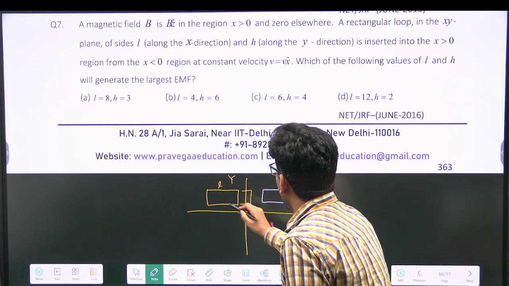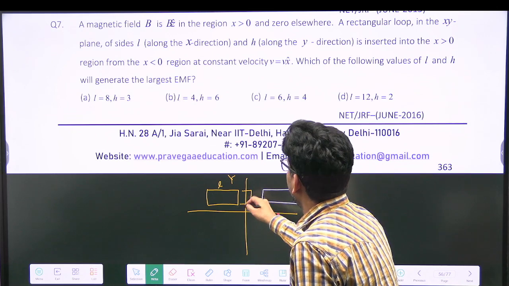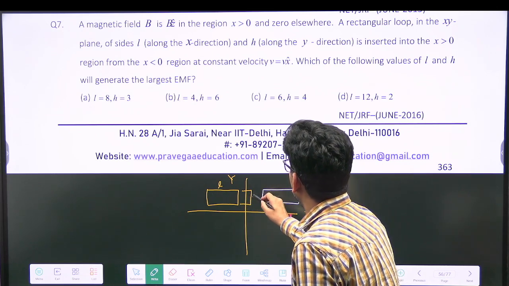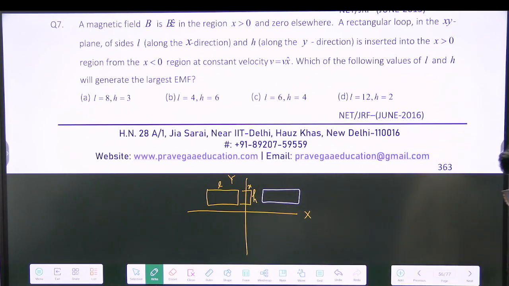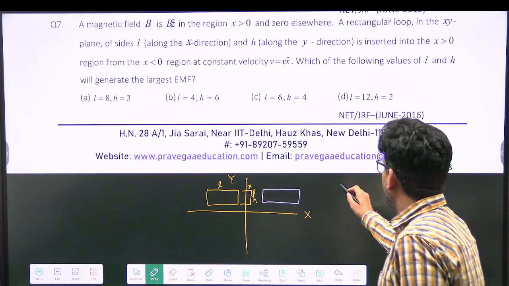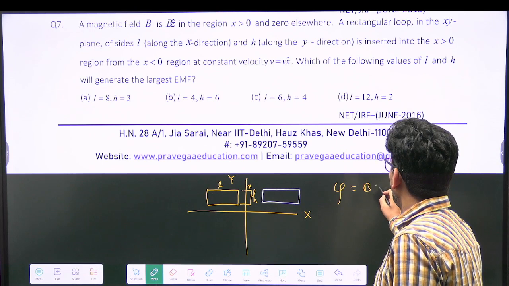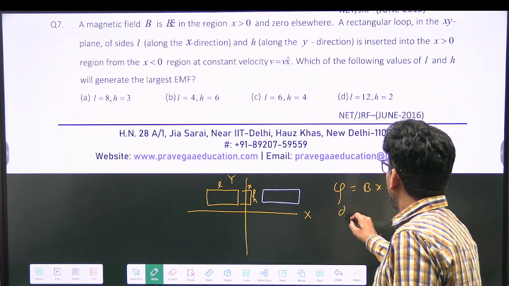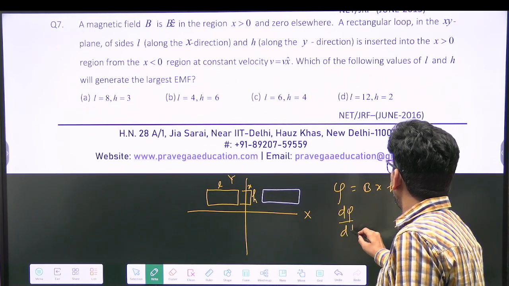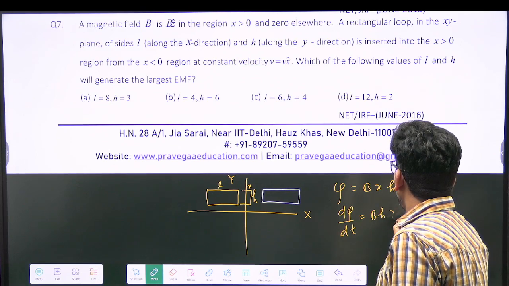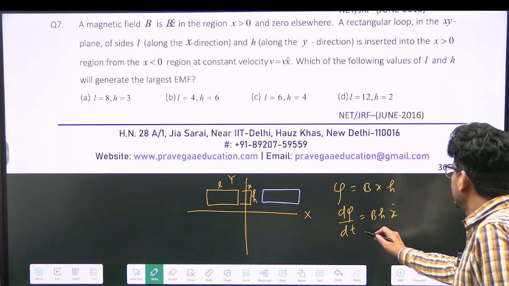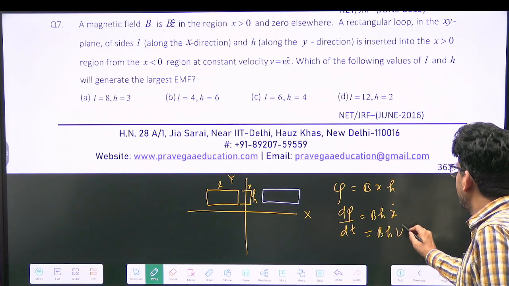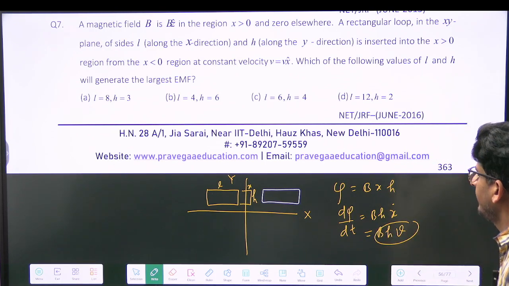So this is L and this thickness is H. So when it enters, suppose X is entering into it, the magnetic flux will be B into X into H, and the change in magnetic flux will be BH X dot. So this is given, X dot is given, it will become BHV. So that means H will be